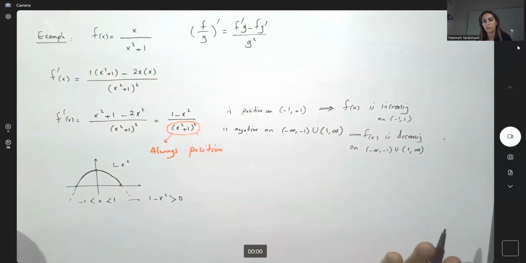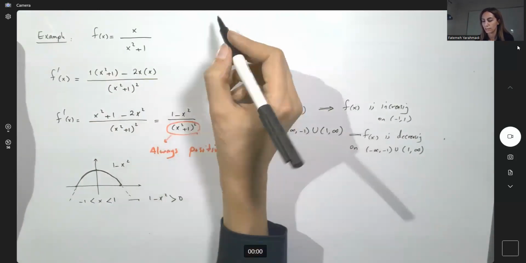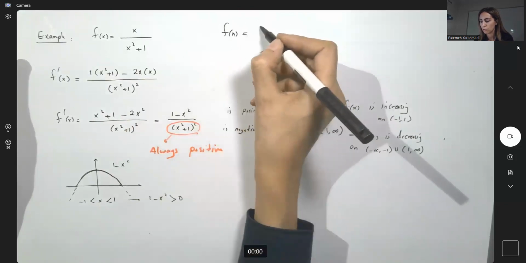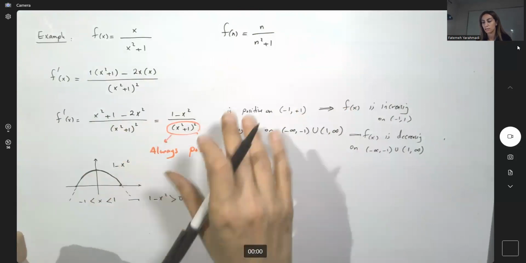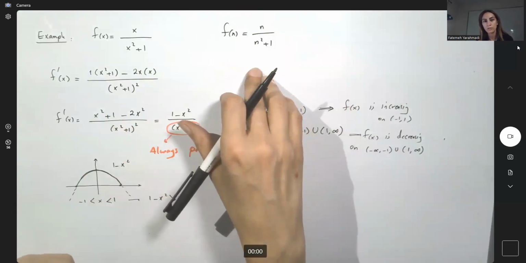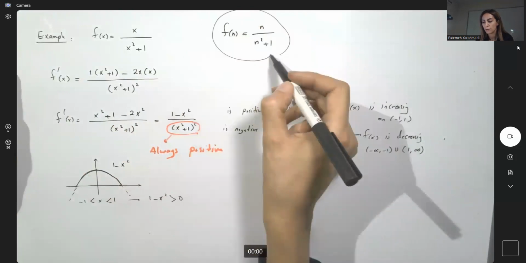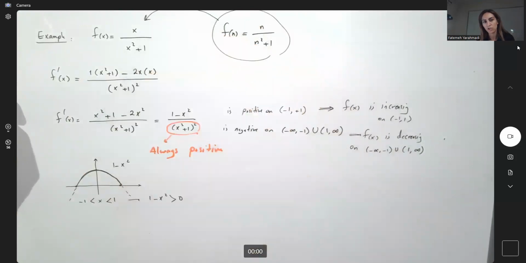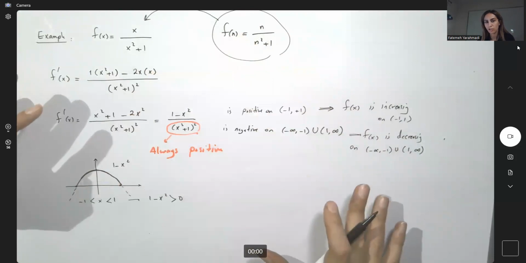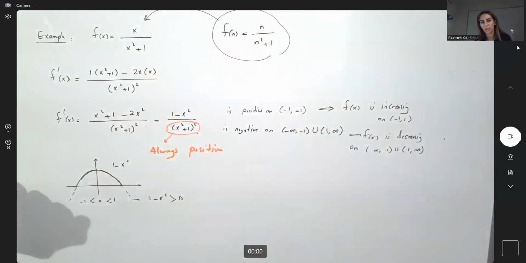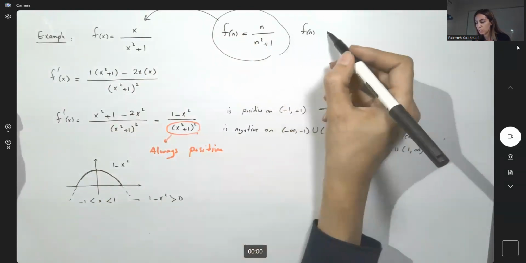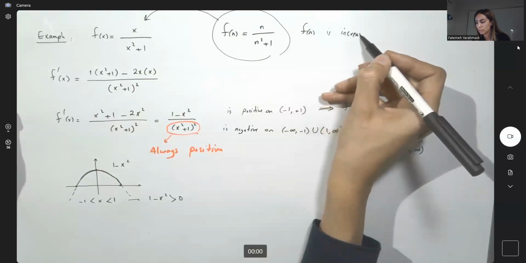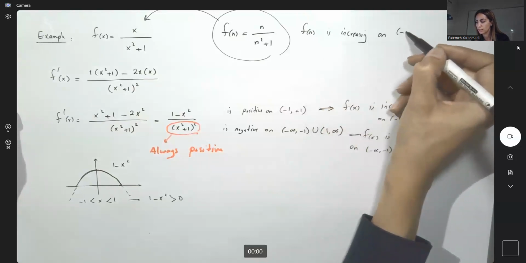So if I give you, for example, a sequence like f of n equals n over n squared plus 1, and I ask you to analyze this, is it an increasing sequence or decreasing sequence? You can basically convert this back to a function in x, analyze the function, and use those conclusions and results for your sequence. So you're going to say that, hey, f of n is increasing on negative 1